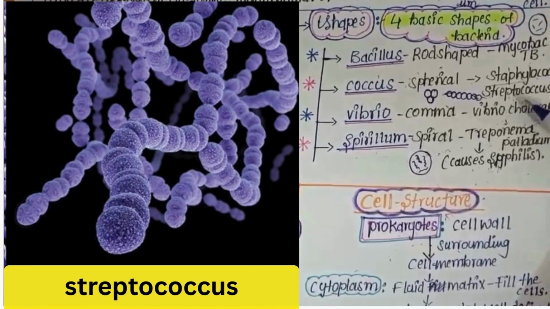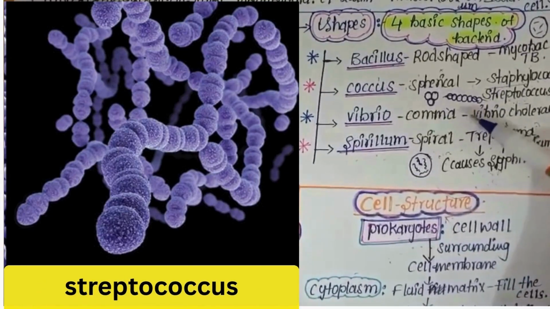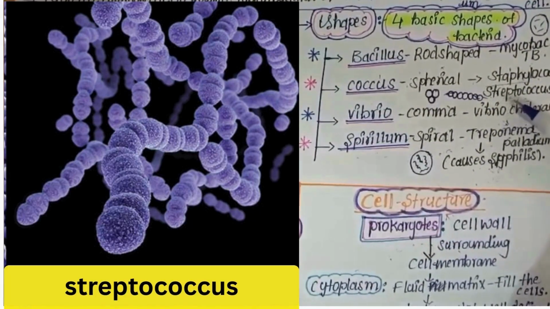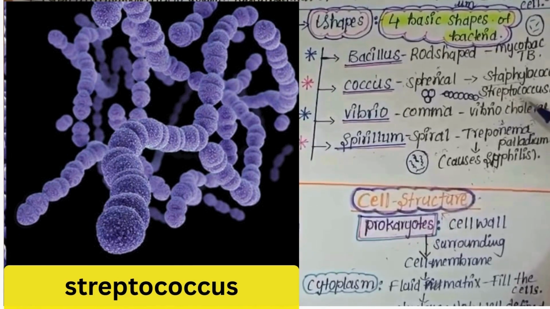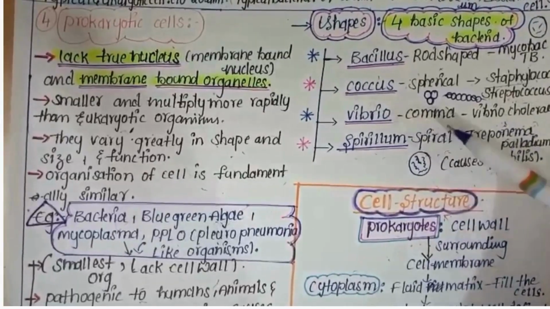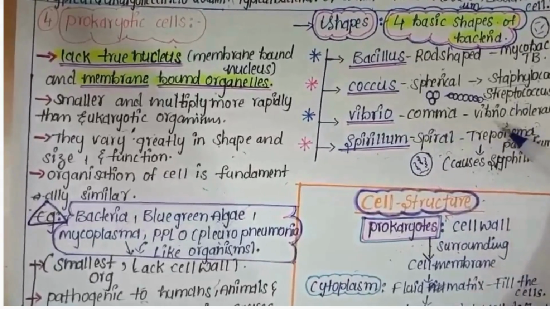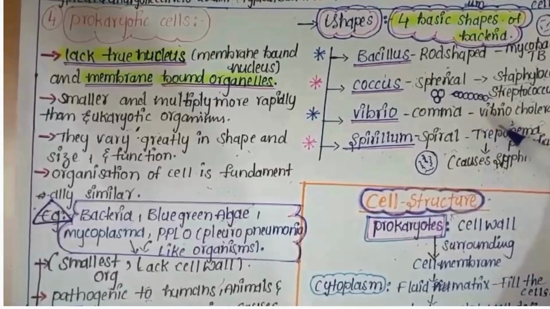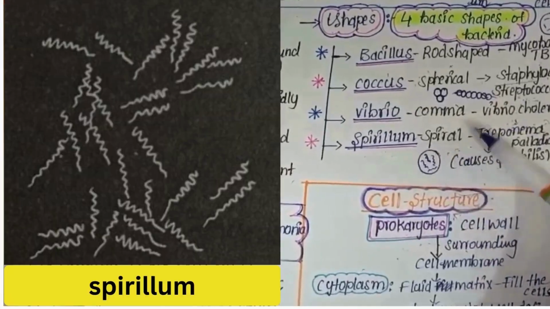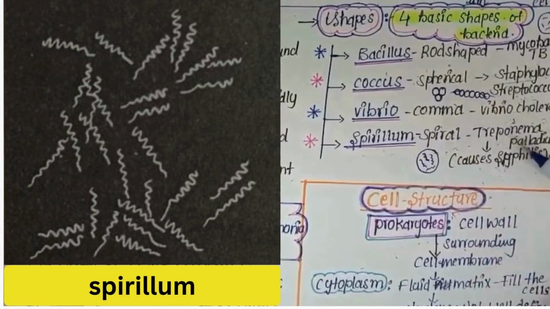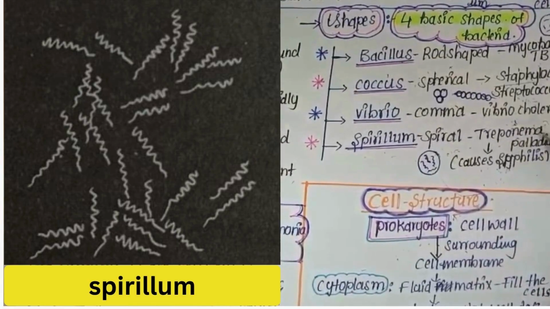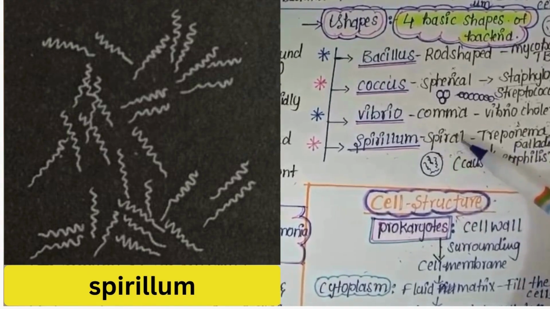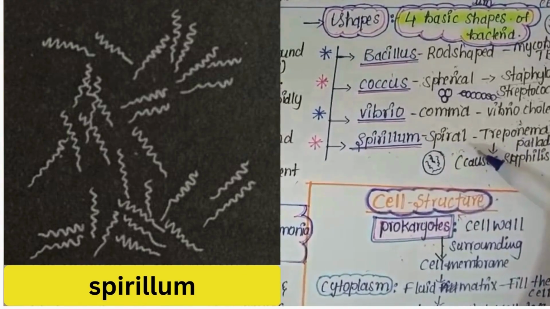Streptococcus, which are arranged in chains, and these are also gram-positive bacteria, causes infections like tonsillitis, pharyngitis, or sore throat as major infection. Vibrio, which is comma-shaped bacteria and causes the infection cholera, which has rice watery stool as major symptom. Spirillum, which is spiral-shaped bacteria. An example of this is Spirochete bacteria, which causes syphilis and shows spiral or rotational movements when seen under dark field